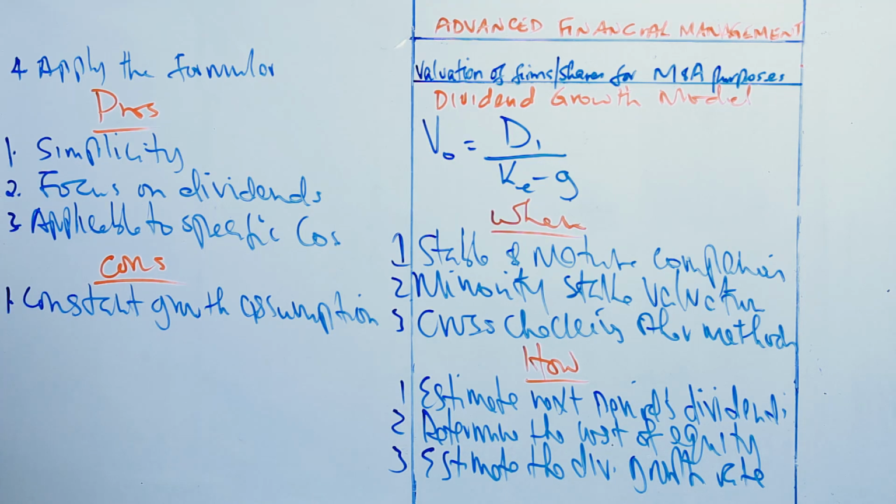Now, the assumption of a constant dividend growth rate is rarely realistic because most companies' growth rates fluctuate over time. It's not realistic to say that a company's growth rate will remain the same throughout its life. That is not realistic. The second limitation is it is